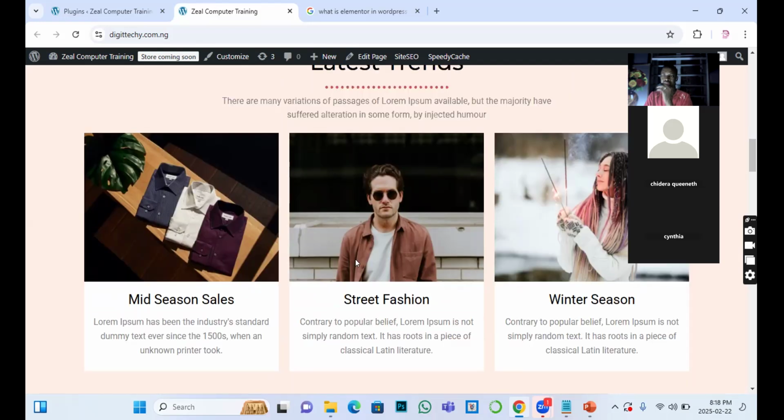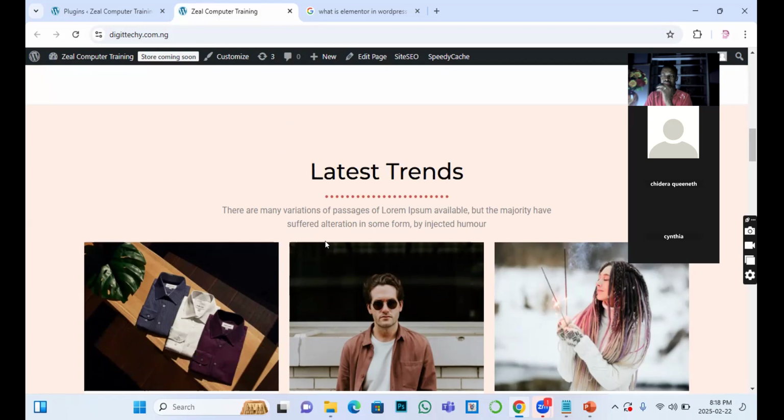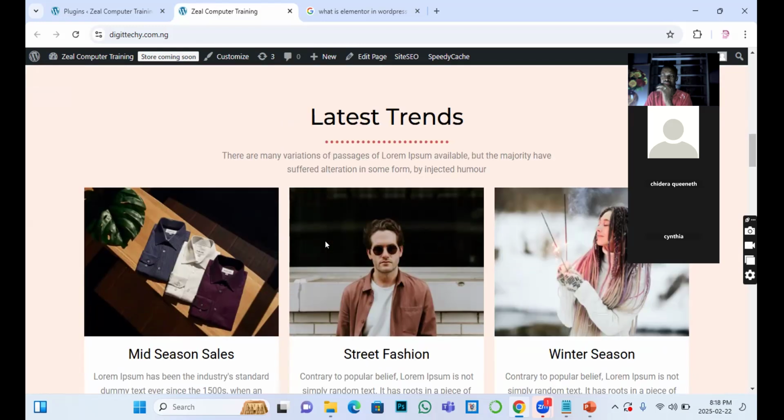If it is professional, please don't use the free one because there are a lot of limitations. When we start editing, you will see some places where we cannot change because we are using a free version. But if you are using a pro version, the one you purchase, you are allowed to change everything in that theme to your own information. So I just want us to get that information. Now,